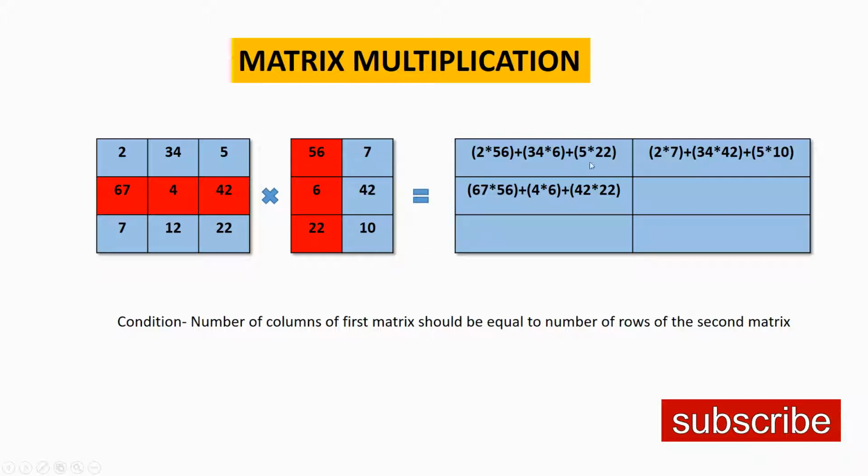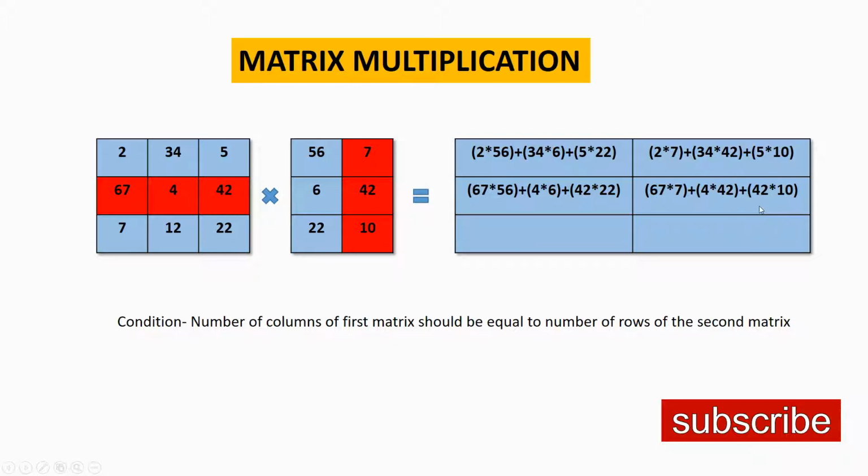So this will perform, as you can see, 67 into 56, and that we will add to 4 into 6 and then 42 into 2. And then we will move to the second column, and you can see the answer over here. That is how we are going to perform the operation, that is 67 into 7 over here, then 4 into 42, and then